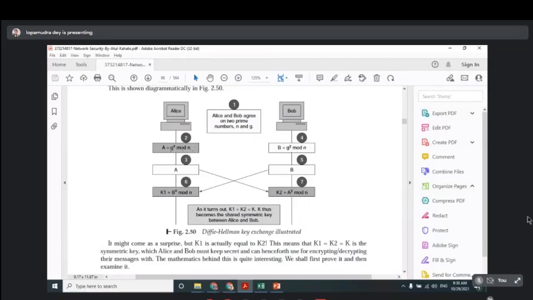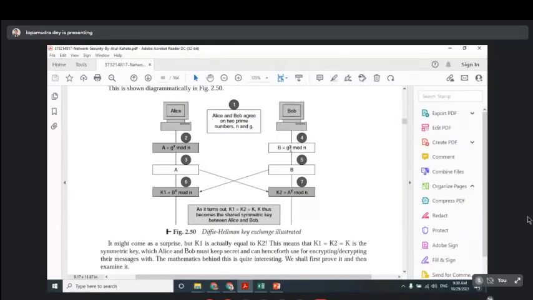So I have the x value. What I will do is perform g to the power x mod n, and then I will share this A to Bob. I am not sharing the key. So how can the key be generated? Just check it over here. Now what will Bob do?